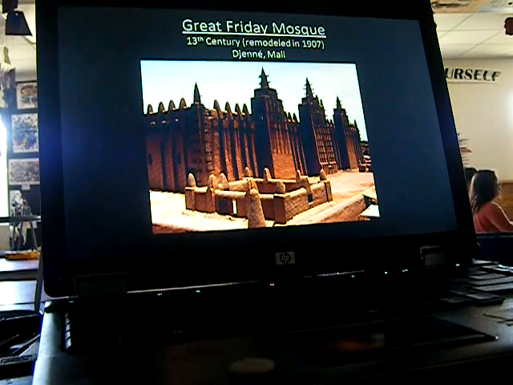Okay, so the Great Friday Mosque. It's in Mali, and it was built in the 13th century, remodeled in 1907. So it's made of adobe, which is baked mix of clay and